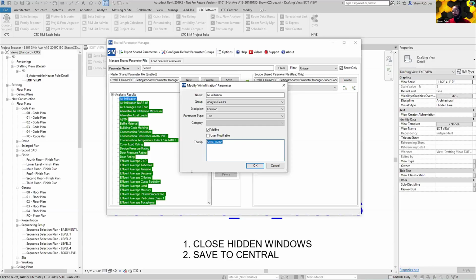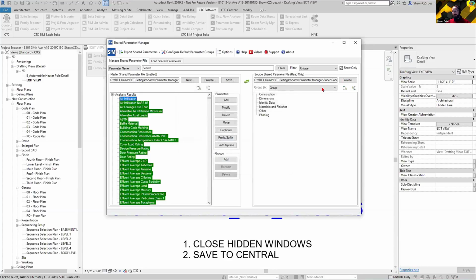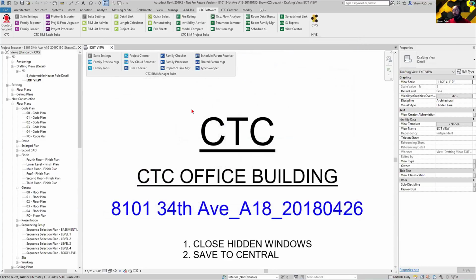Because this tool here is purpose-built to take all of those shared parameter management tasks and make them far, far less painful. Not painless, but less painful. There's still effort involved on your side. You still have to make decisions and carry through due diligence on those decisions. But with this,